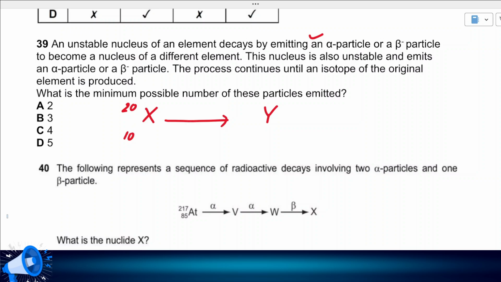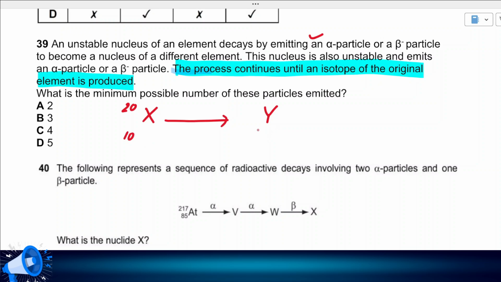And this statement is very important. The process continues until an isotope of the original element is produced. What does that mean? Atomic number should eventually be 10. Isotope means same atomic number. So the atomic number should eventually